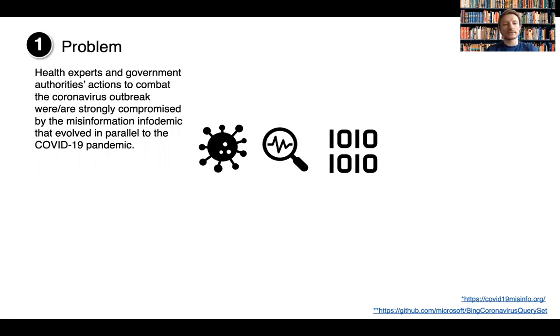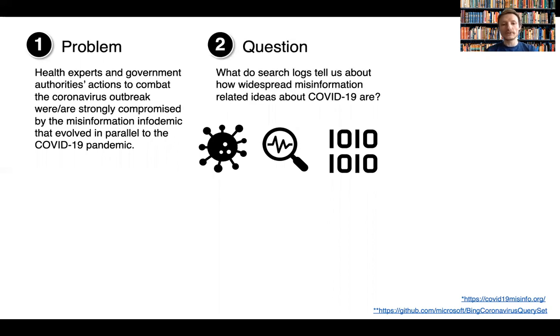Health experts and government authorities are trying to combat the coronavirus outbreak. They still do, right? But all their actions are compromised by misinformation, or the infodemic, as it is called, that evolved in parallel to the pandemic. The question, of course, is how often do people actually search for misinformation related topics? Or in other words, how can search logs help us show how widespread misinformation actually is